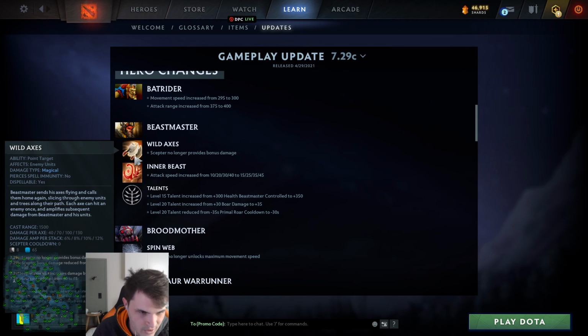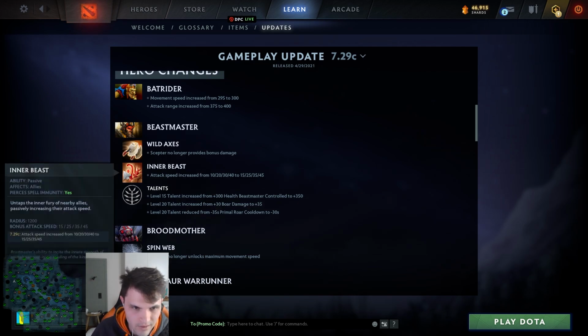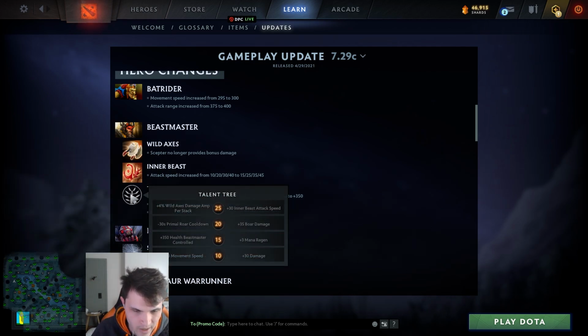I think the problem was that you got effectively a level 20 talent. What was a level 20 talent before 7.29? You got that talent when you got the Ags at like minute 12. So I wouldn't have minded if they added it back, but